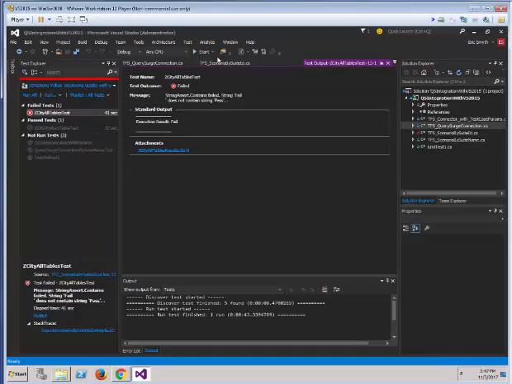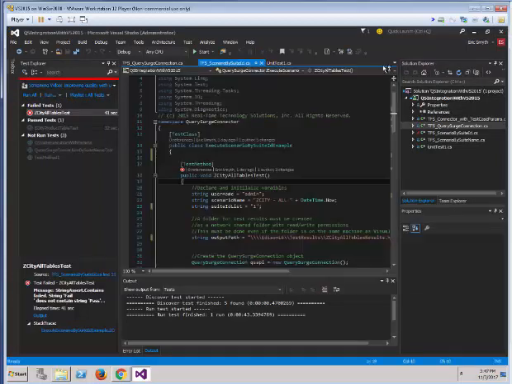So once you've created these unit tests within Visual Studio, you can then execute these from Visual Studio Team Services or from Team Foundation Server. What has to happen is the automated test needs to be associated with either a build or a test case in Visual Studio Team Services. So what I'm going to do is navigate